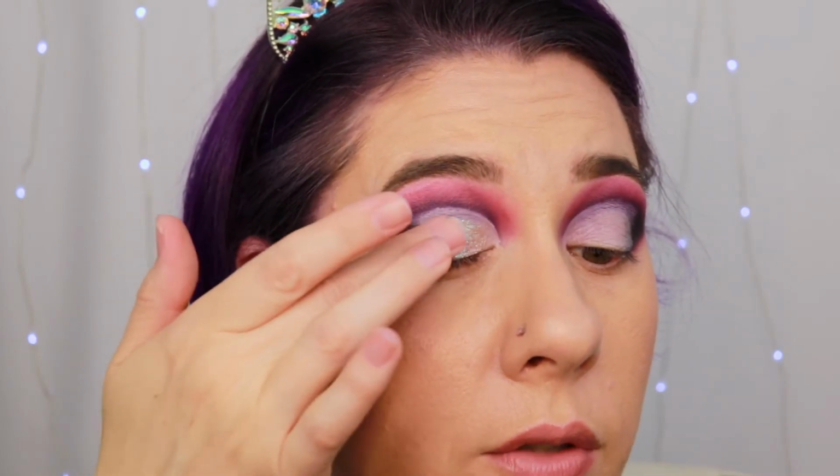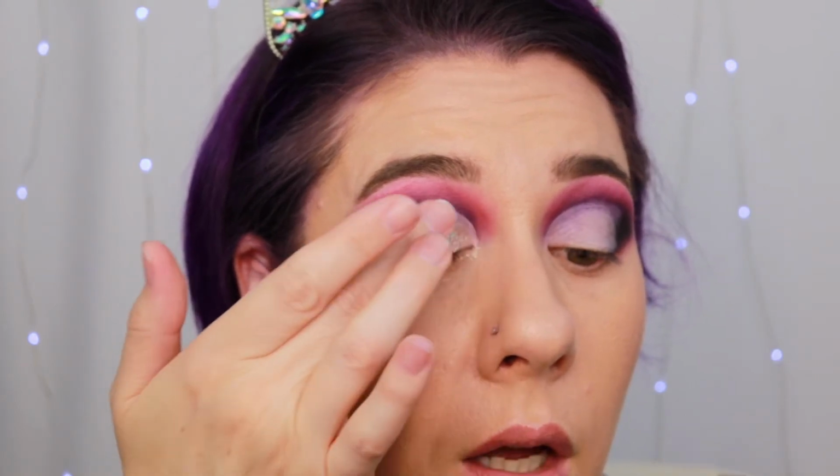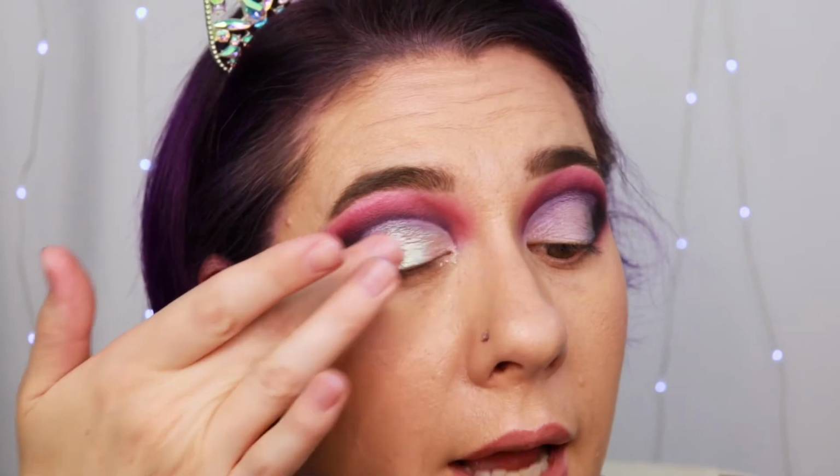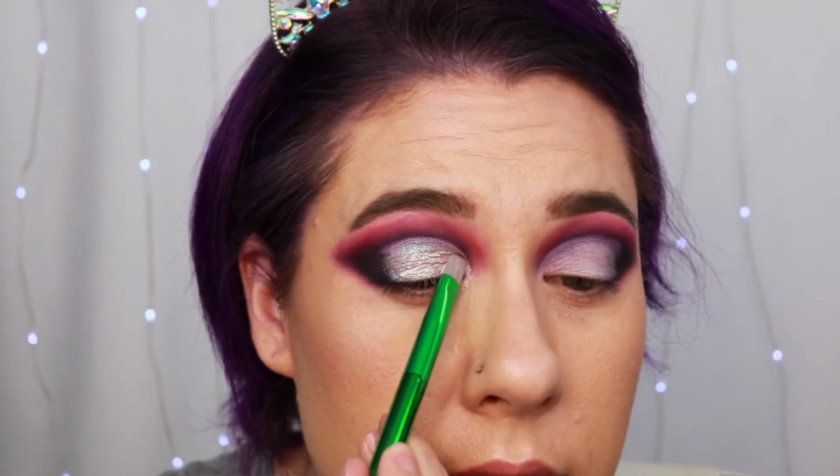So this is one of those flaky formulas that I absolutely adore. It is so wet looking. Oh my gosh, that is stunning. I do need to get it up there next to my crease line. So I'm going to try again to pick it up with this brush. I kind of have to use just the tip and scrape a little bit, and then see if we can just